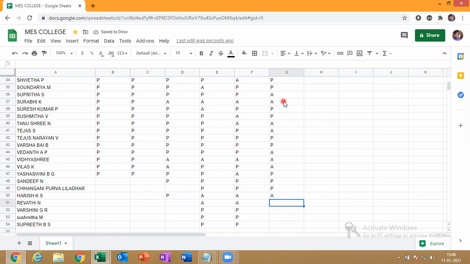Revati N. Harshini GR. Sushmita M, present, sir. Supreet BS.